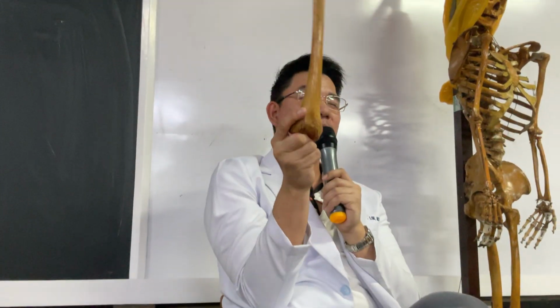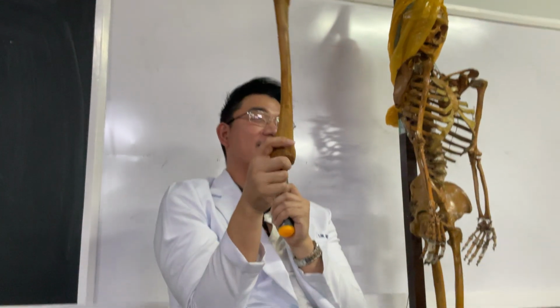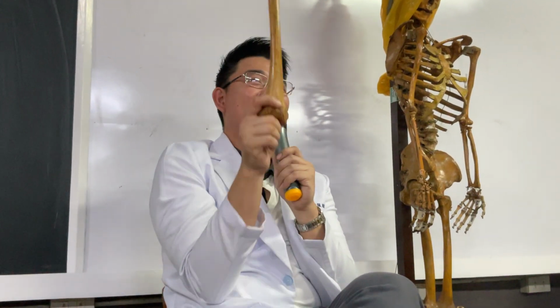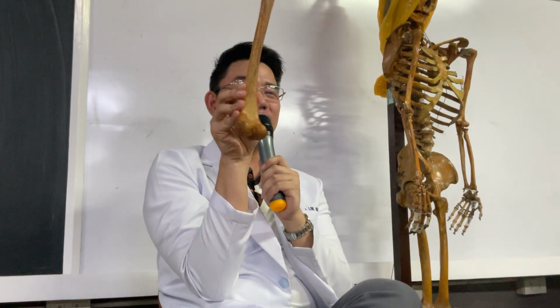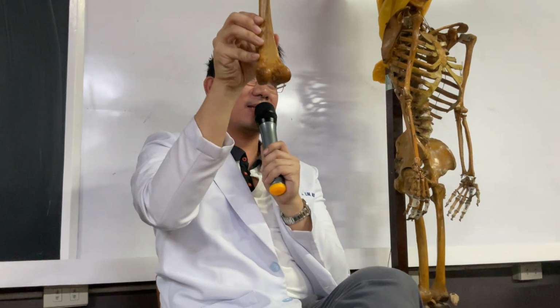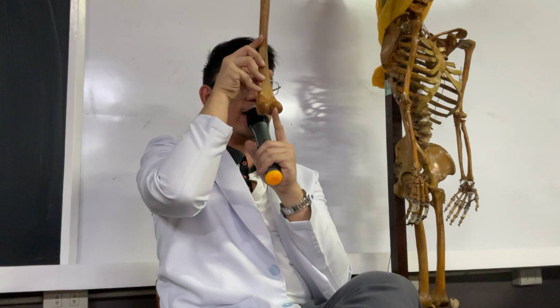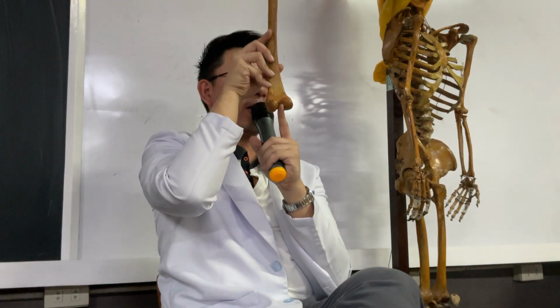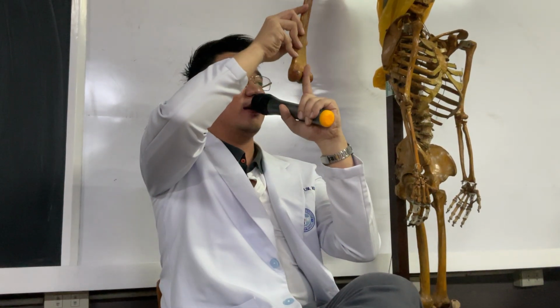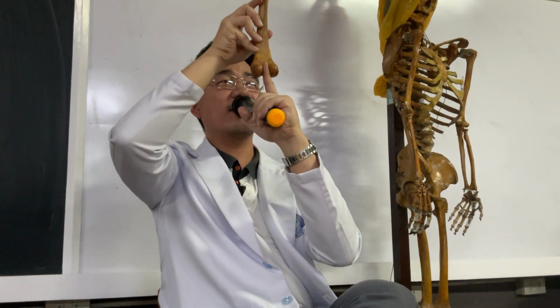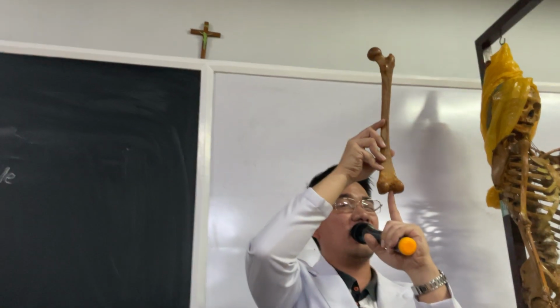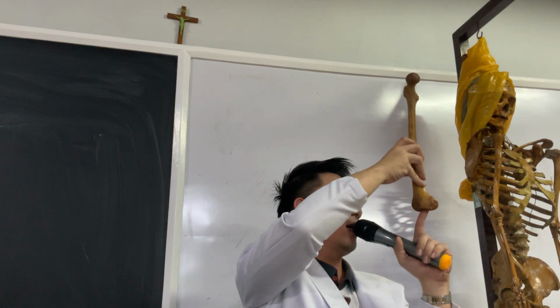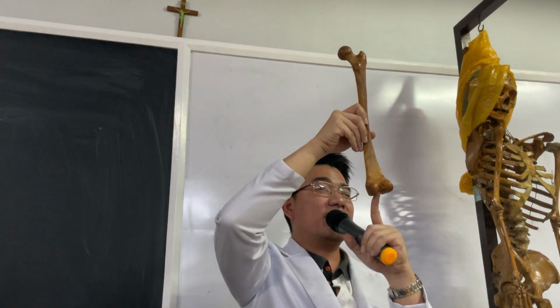This is the anterior view, and this is the posterior view of the femur. So how did you know if this is anterior or posterior? You look at the condyles. If you look at the condyle here, we have what you call a fossa in the middle, this particularly very deep fossa.